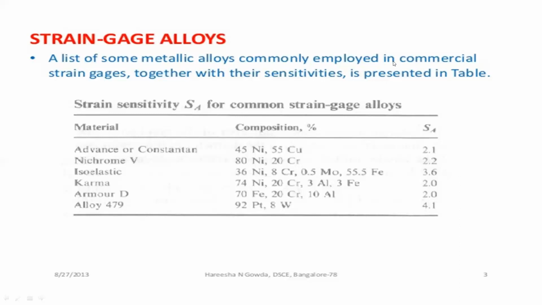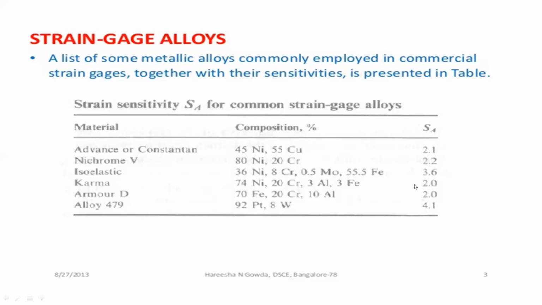So those different strains should also be suitable for these strain gauges. And next one, low temperature sensitivity, minimum thermoelectric tendency at connections, high yield point and endurance limit, good workability, solderability, and weldability. So these are the different properties that should be maintained to design and manufacture strain gauges using alloys.